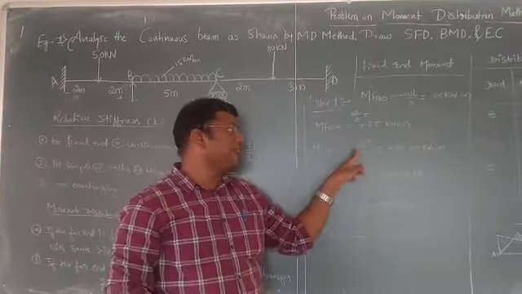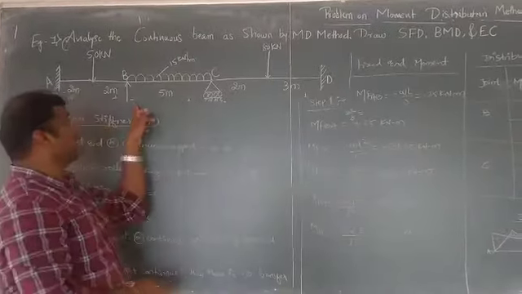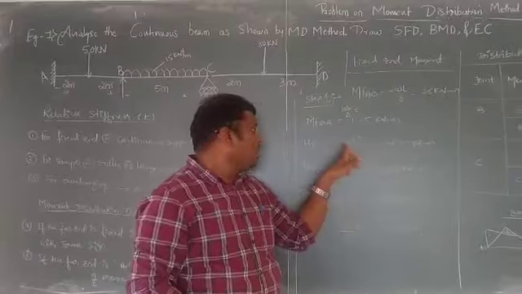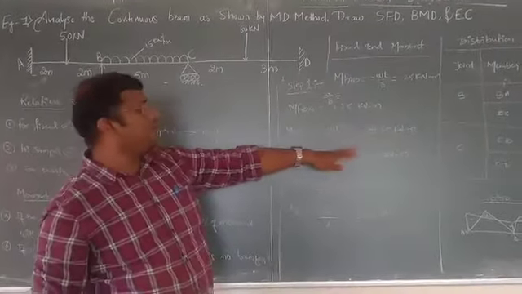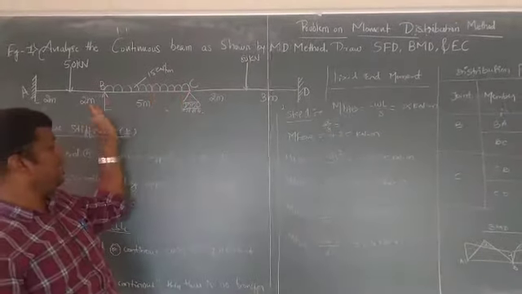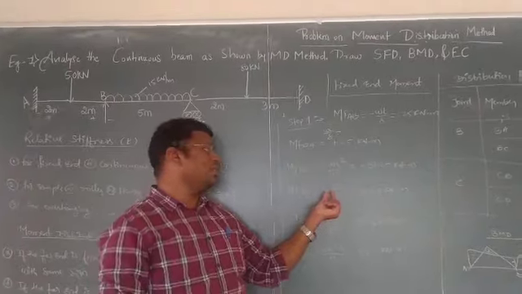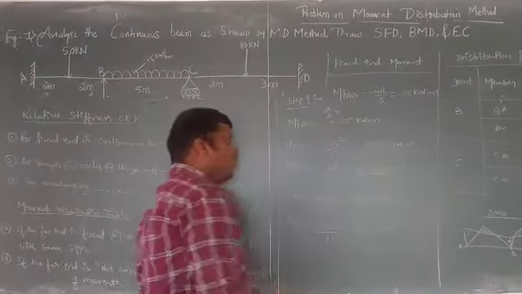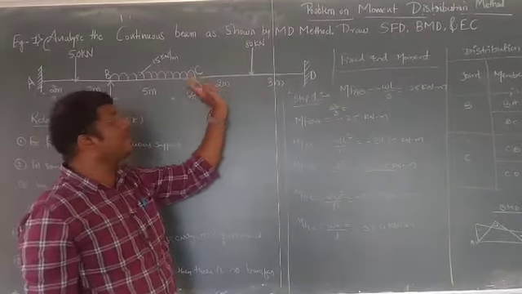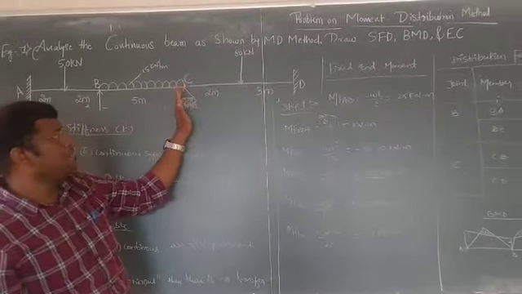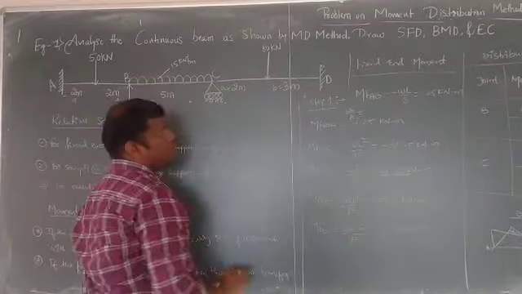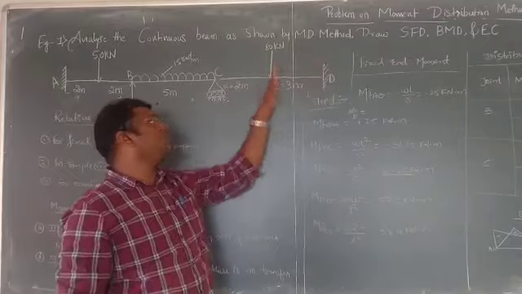In that case, our formula is minus WL square by 12. Minus, because the sign convention when I consider BC towards the left is minus. W is 15, L is 5 squared, divided by 12, which works out to be minus 31.25. Again, when I consider CB, it is plus; only the sign changes, and it works out to 31.25. Now coming to span CD, again I have a point load, but this point load is not at the center, it is eccentric. When I move from support C, the point load is 2 meters away, so the value of a becomes 2 and the value of b becomes 3. From C to the point load is a, from D to the point load is b.